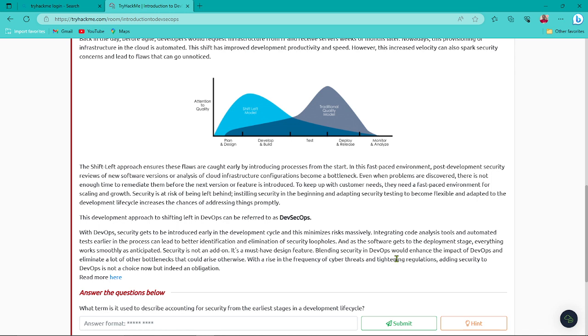Security is at risk of being left behind. Instilling security in the beginning and adapting security testing to become flexible and adapt to the development life cycle environment increases the chance of addressing issues promptly. So the development approach is shifting in DevOps and can be referred to as DevSecOps. With DevSecOps, security gets introduced in the early development cycle, and this minimizes the risk massively. Integrating code analysis tools and automated tests early in the process